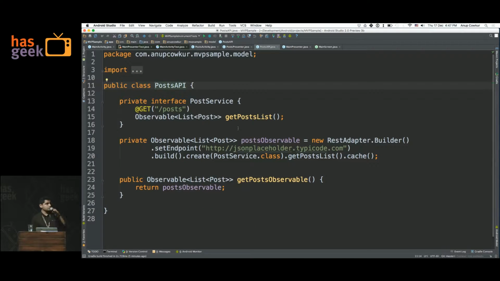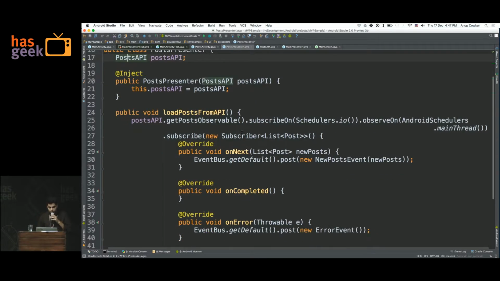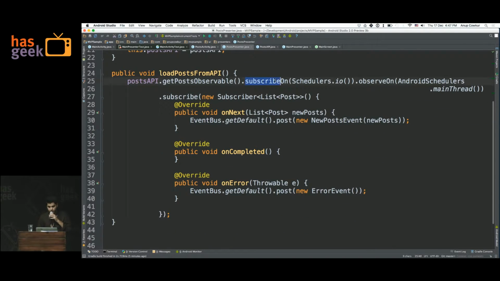Right, so that's the API, and there's this website called JSONPlaceholder.typicode.com, which gives you random paragraphs which you can use in your demo apps too. So yeah, we get the API and we subscribe to it, and we get the data, which is a bunch of new posts.